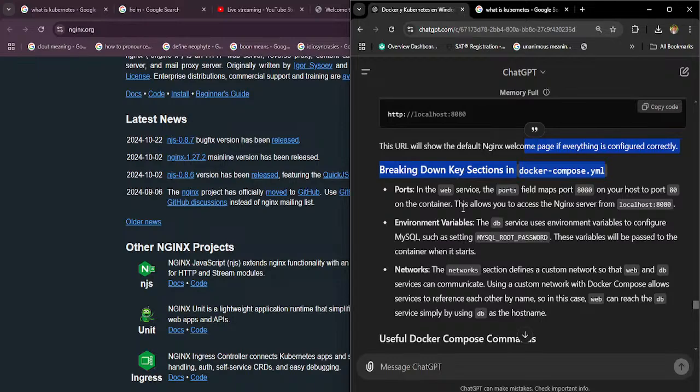Environment variables: the DB service uses environment variables to configure MySQL, such as setting the MySQL root password. These variables will be passed to the container when it starts. And then we have networks. The networks section contains